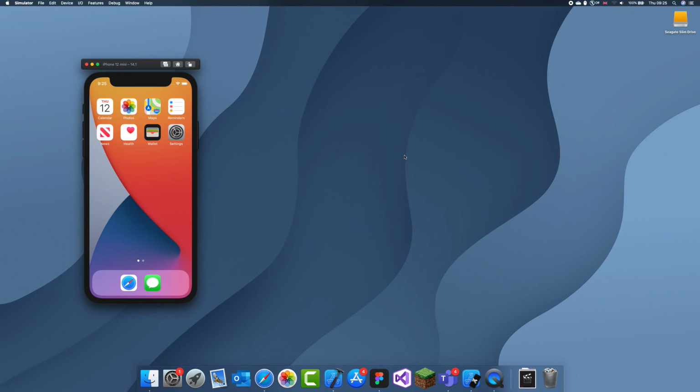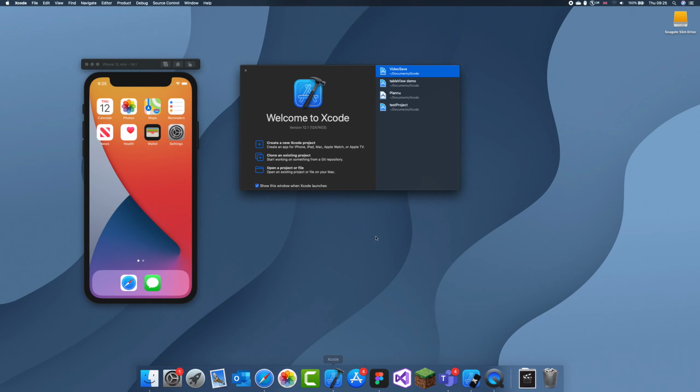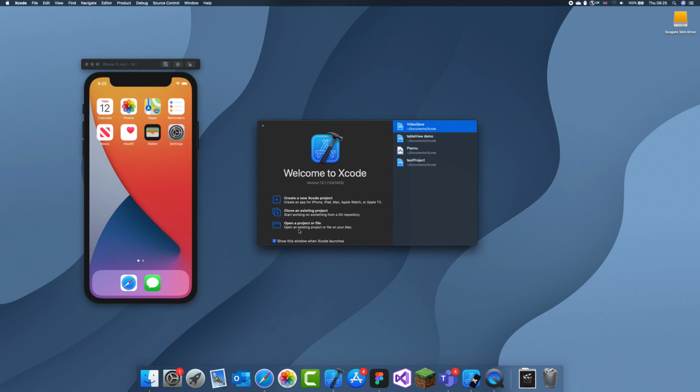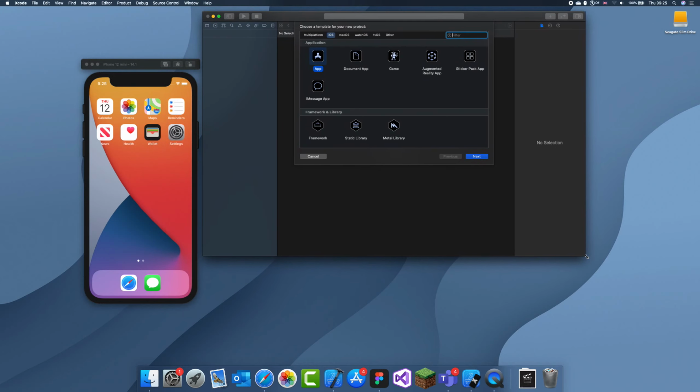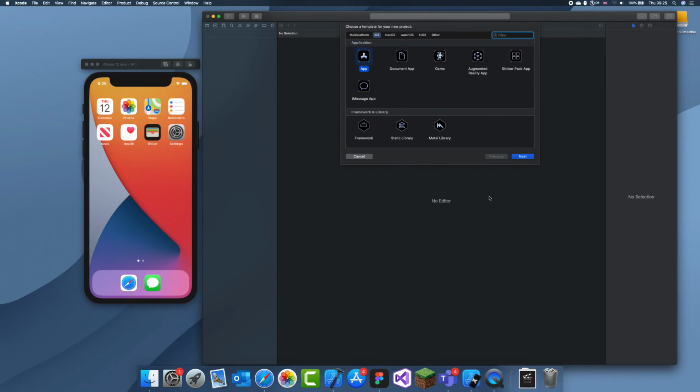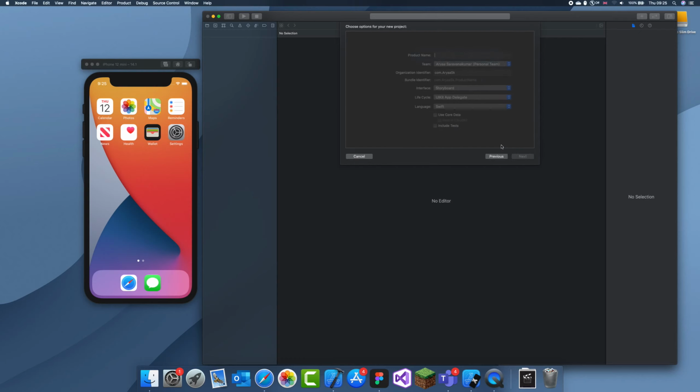I'm going to be explaining how to use custom table view cells. In the last video I explained how to do simple table view cells, but there was no customization in that, and that's not going to be that useful once you actually start getting to complex projects. So let's just create a new app, and I'll name this custom table view cells,